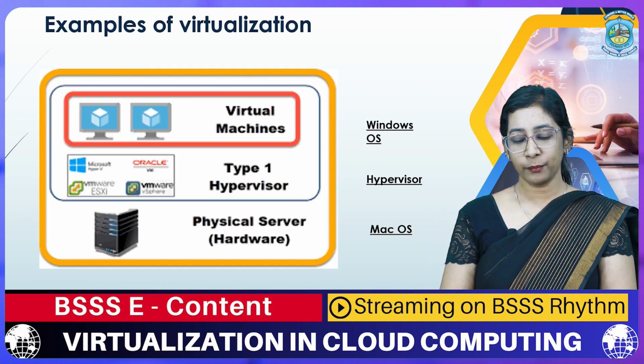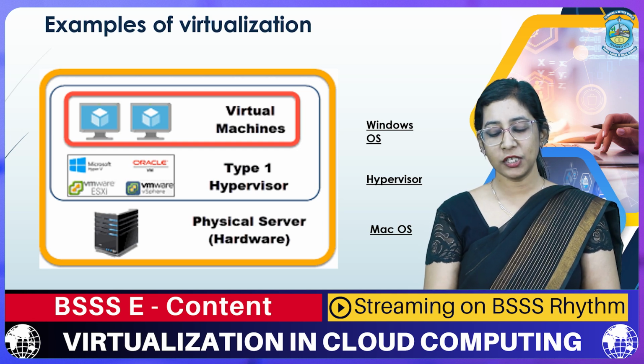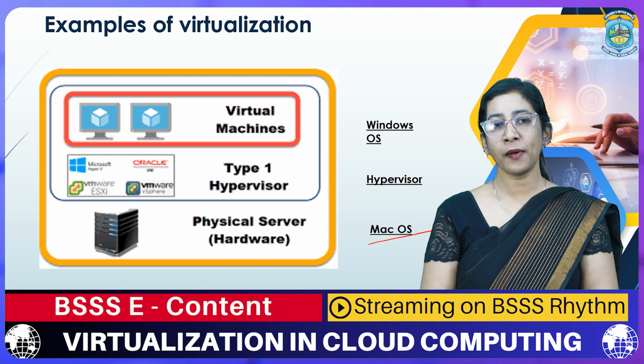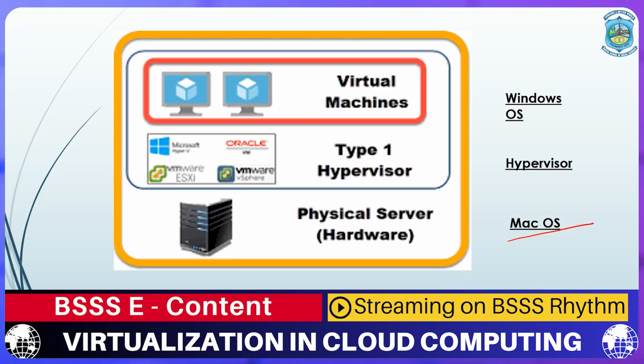You can set an example for it. Just like you can say, I have an operating system which uses Mac, but when I have to use some other operating system like Windows, I can do two things. I can buy a product of Windows and go on with it, which would be costlier, or I can make use of virtualization by uploading the Windows operating system on top of the Mac operating system by the use of a hypervisor.